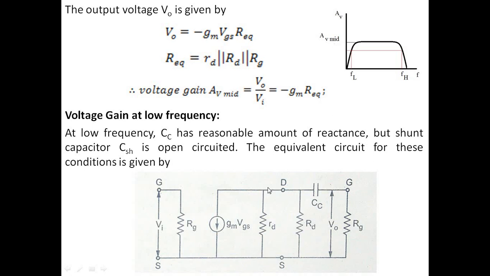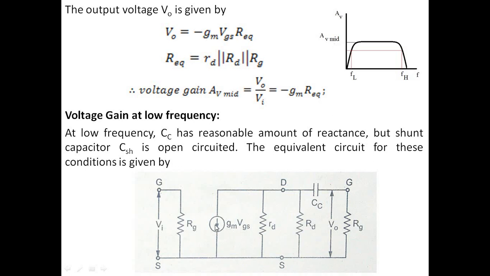Now I want to simplify this circuit. It looks like a complicated circuit. Let us simplify it. These two resistors are in parallel. Let us replace them with a single resistance, which I will call R0 dash, equal to small rd in parallel with capital RD. I will replace it here, and at the same time I want to bring this resistance in parallel here.